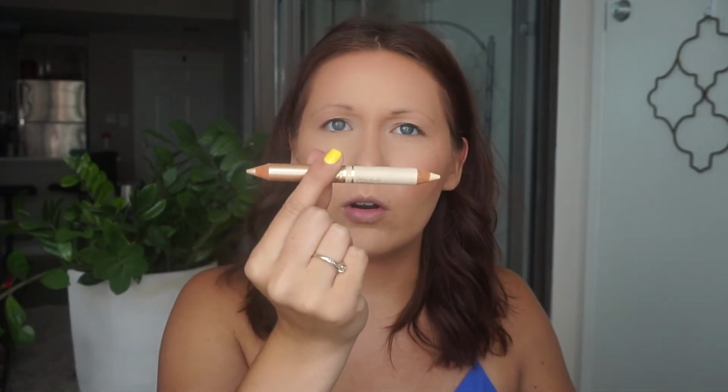I want to move into brows now, and there was this, which is a brow highlighting duo. So there is a matte and a shimmer in this guy, and check that out. I feel like I haven't seen one of these in forever. Okay, guess what? This doesn't exist anymore on their website, so it might still be fun to use though. We'll try it. But I want to jump into brows next, and I don't have any other brow product, but